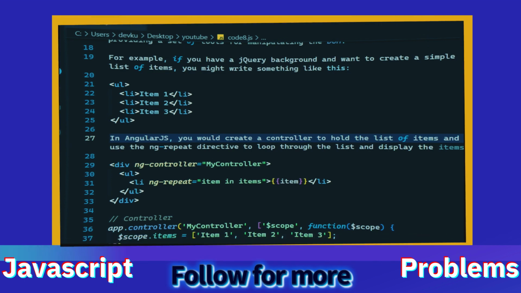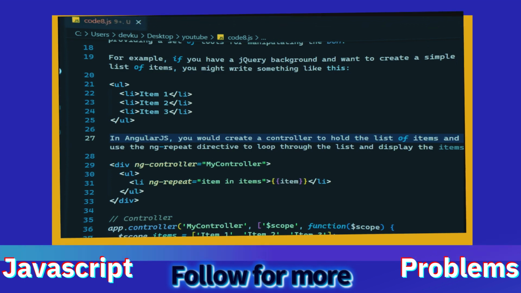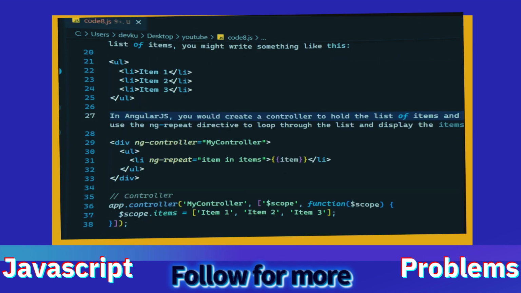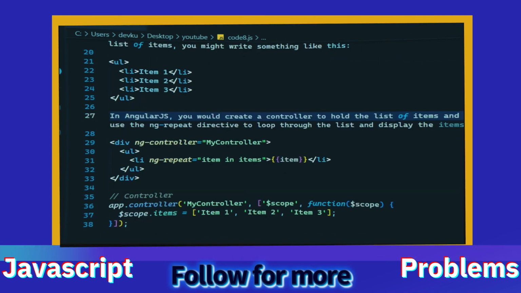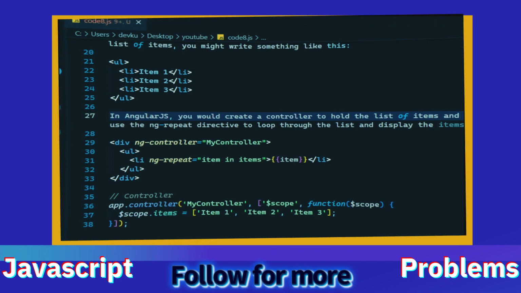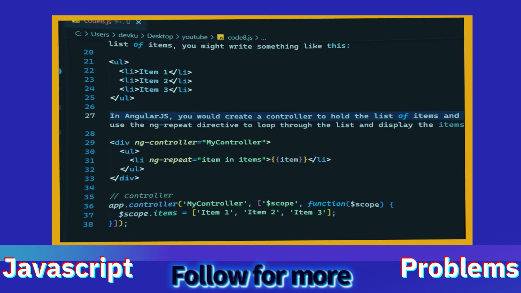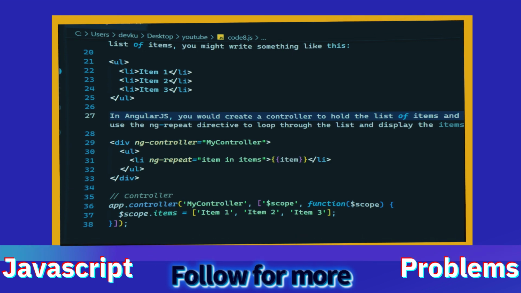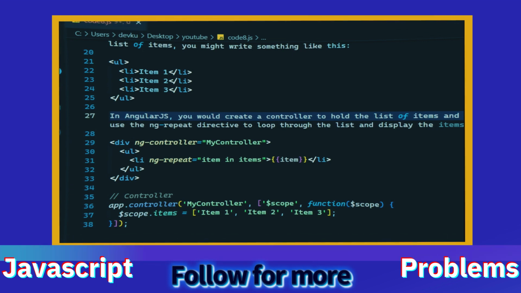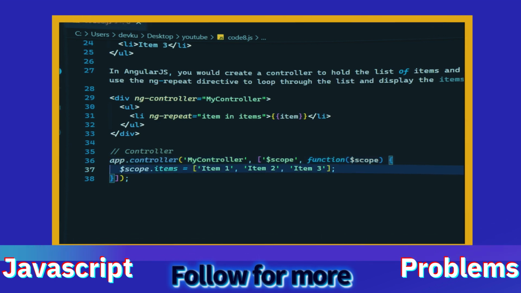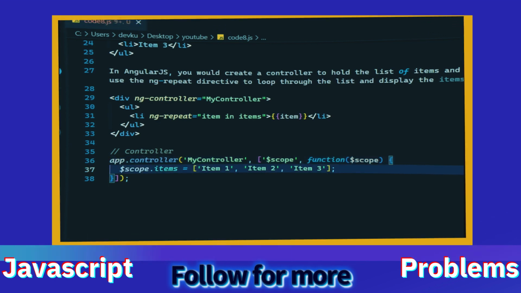<div ng-controller="MyController"> <ol> <li ng-repeat="item in items">{{item}}</li> </ol> </div> // controller: app.controller('MyController', function($scope) { $scope.items = ['item 1', 'item 2', 'item 3']; });